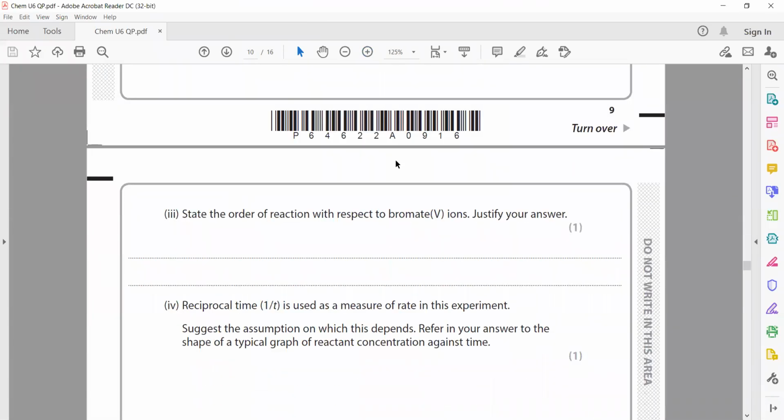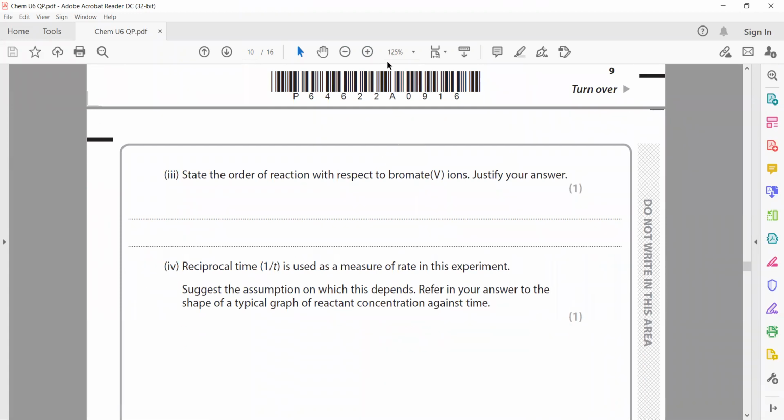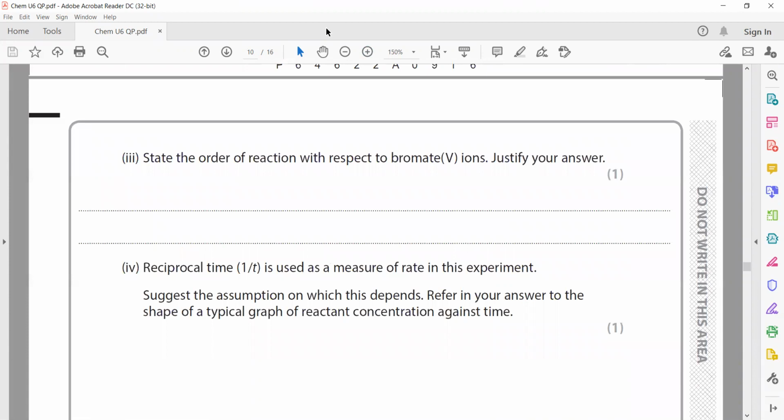Then suggest the order of reaction with respect to bromate ion and justify your answer. So how will we work it out? If it was first order, then if the concentration is doubled, the time will be halved and 1 over time will be doubled. So using our graph,